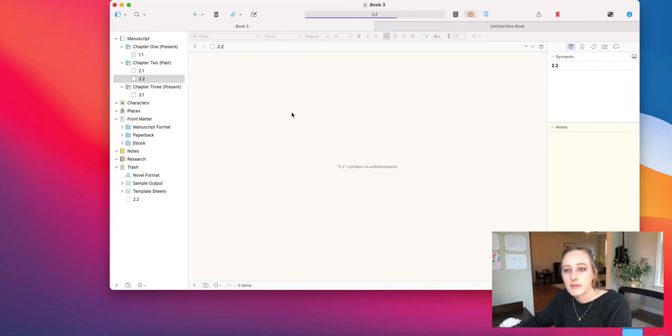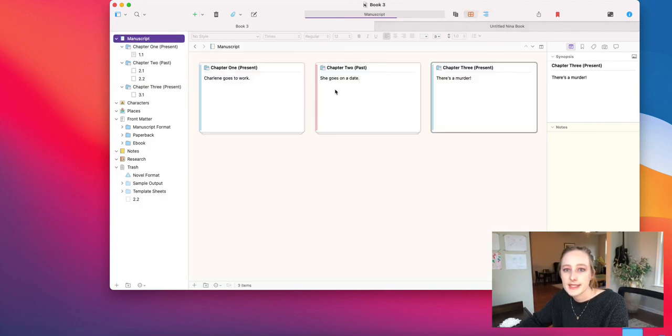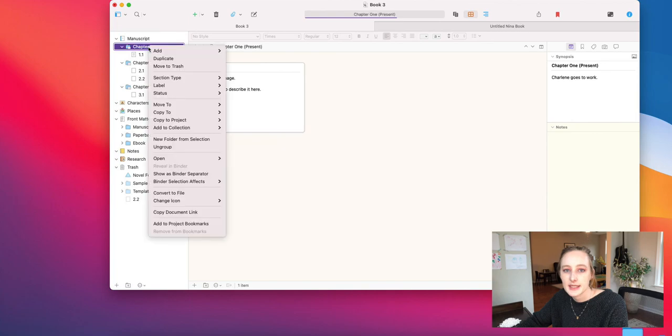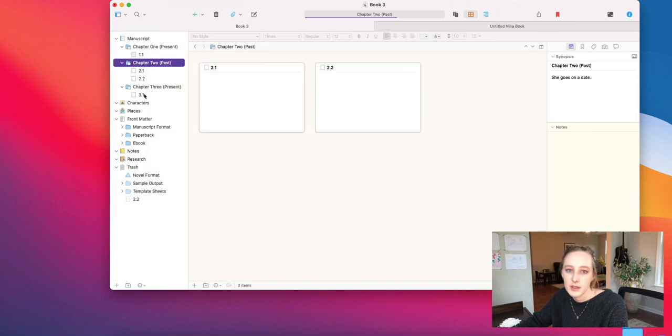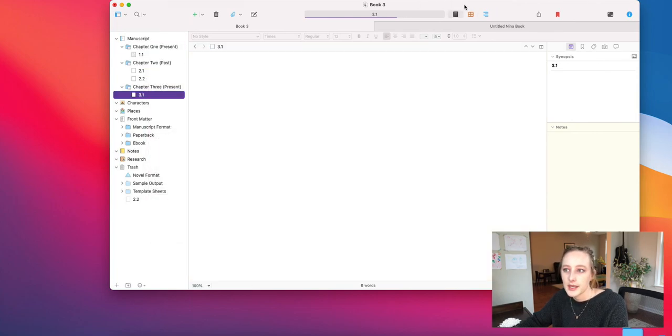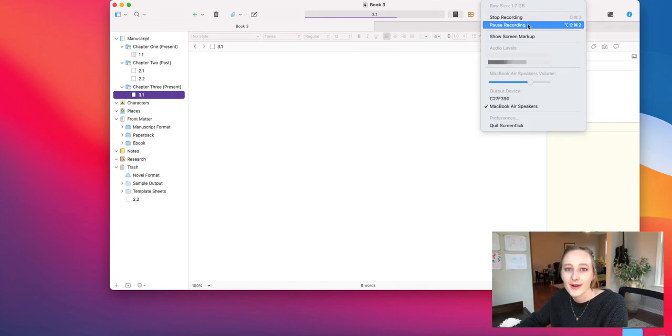I can move things around. So maybe, actually, I don't want this scene here. I want that in chapter 2. Boom, now it's in chapter 2. I'll just retitle it. It's really great for organizing things, especially when you're in that cork board mode and you can see all the different scenes now and their summaries. So yeah, I think it's a great tool. I think everyone should at least try it out and stick with it to learn it because it might make you much more organized like me, and it's a lot easier to move things around and